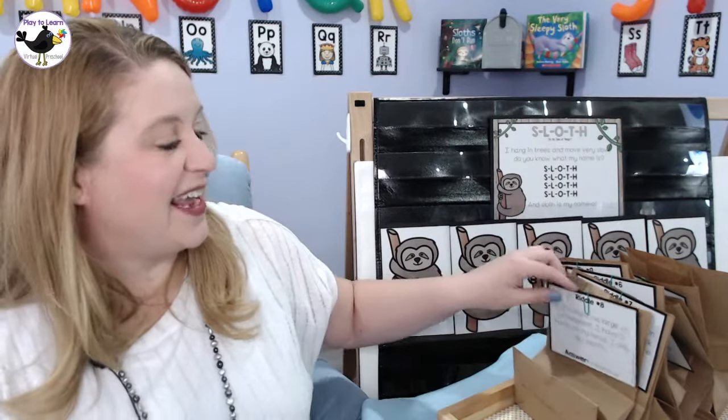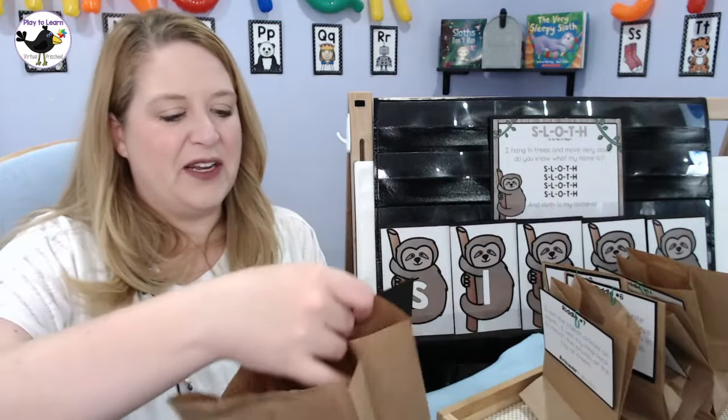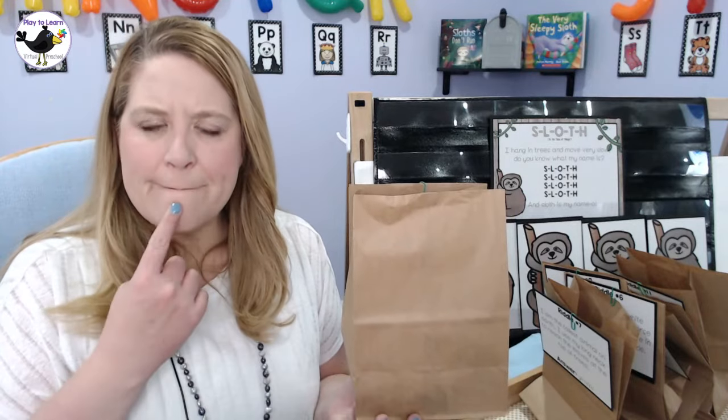Here comes another animal. Are your listening ears turned on? Okay, here's your riddle. I am almost as big as an elephant. I have 2 horns on my head, and I only eat plants. Which animal at the zoo is almost as big as an elephant, and it has 2 horns on its nose or its head? Do you know what that one's called? It's a...